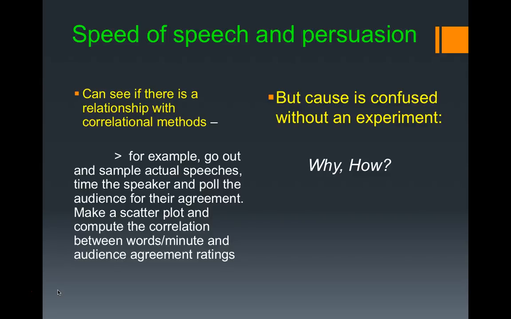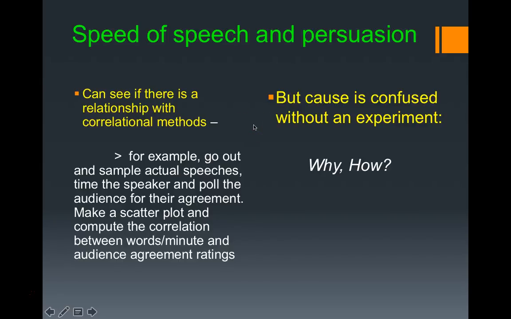You could then compute the correlations between the speech rate and the audience agreement ratings. So you could do this and maybe we'd find a relationship, but without an experiment, in terms of doing this kind of correlational field study,